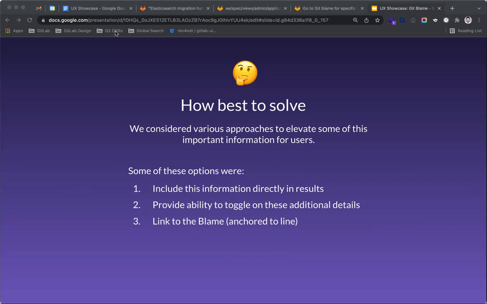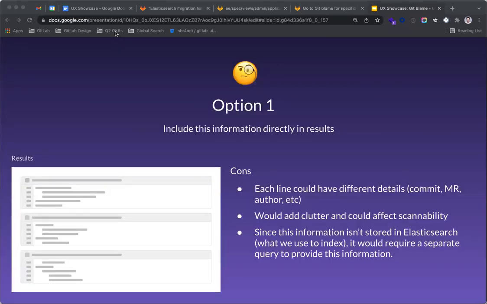So let's take a moment to review some of these options. So option one, include some of this information directly in the results. So the first and biggest thing to note with this approach is the caveat that users needed to understand when this portion of code that matched their query was last modified and not just the file itself. So this means that we can't simply provide metadata related to the file itself, but instead it needs to be based on each line of the code blob, because each line could essentially have a different commit, author, date, MR